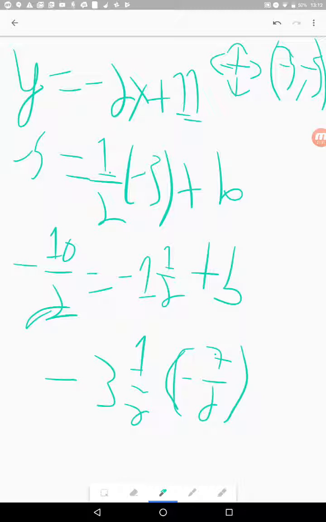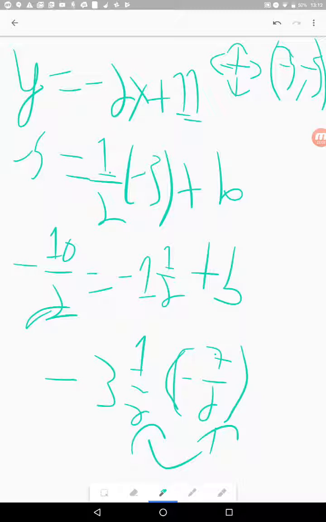Don't get confused. So, this is another way to write this. That's all I'm showing y'all. Okay, so now that you have your negative 3.5 as your y-intercept,